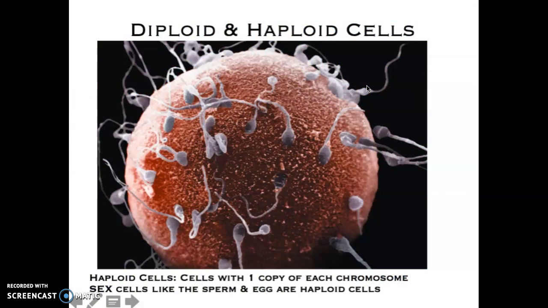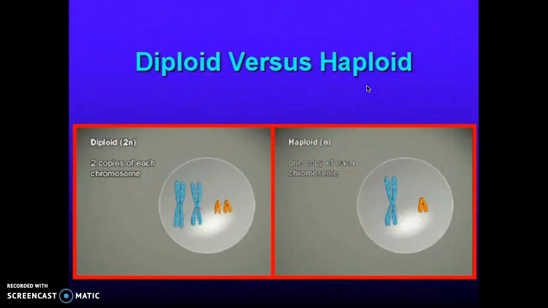Your sex cells are different. Your sex cells only have 1 copy of each chromosome, and we'll talk more about why they only have 1 copy when we go through meiosis. They only have 1 copy of each chromosome, so your sex cells, instead of having 46 chromosomes, only have 23 chromosomes. This is a great test question where we would throw a cell at you and ask you, hey,